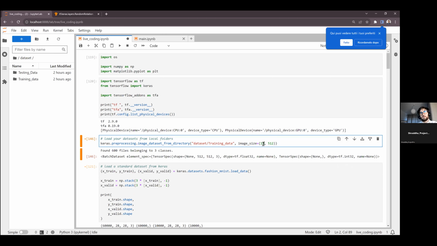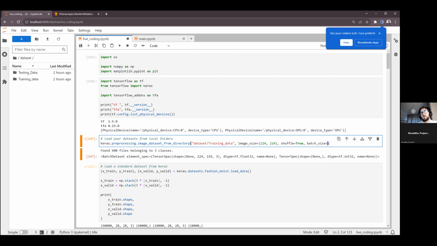But let's say I want something somewhere in between. Then I don't want to shuffle data because I will shuffle it myself, or maybe it's the validation data set, so I don't want to shuffle. You can also see it's telling us that we have 600 images belonging to 3 classes.